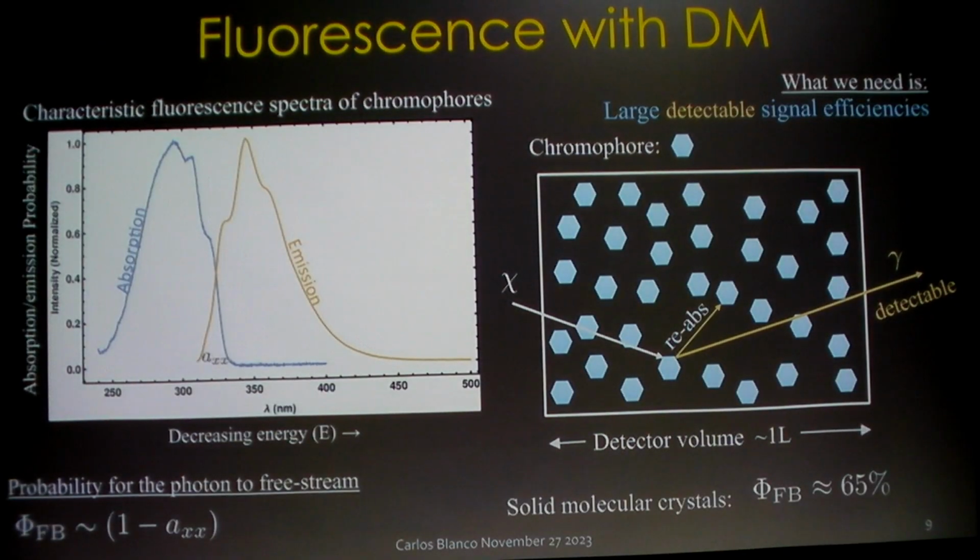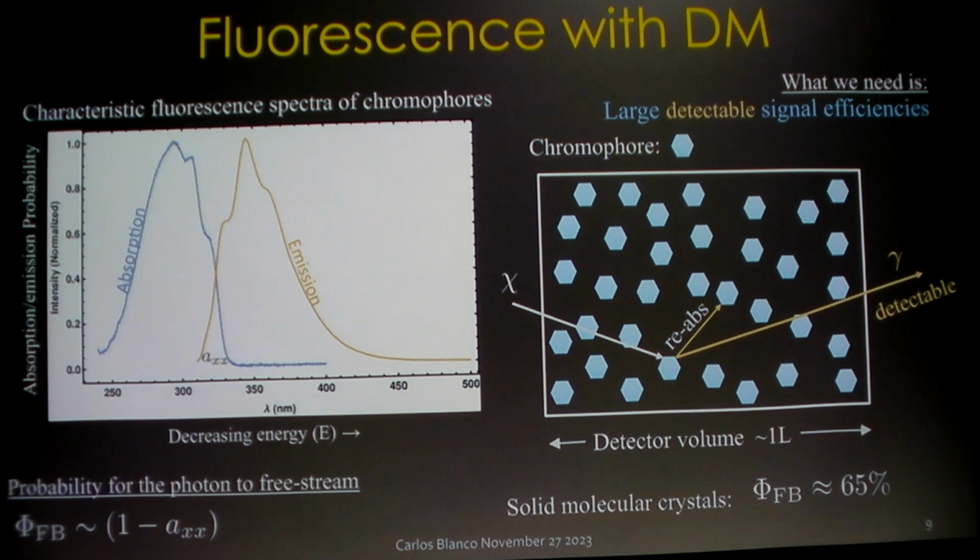And so the kinds of experiments we're really thinking about is a system where you have carbon making up small subunits called chromophores, and you're sticking them all in a vat. The vats can be as big as a liter. The dark matter comes in, it excites a chromophore, that emits a photon, and you're trying to detect that photon.